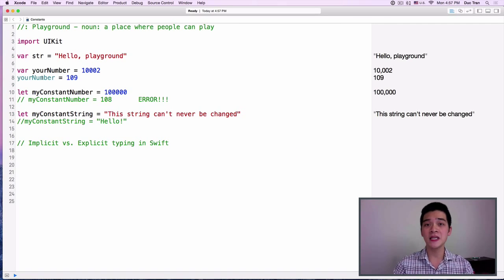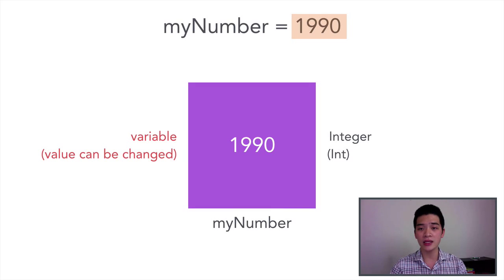Implicit typing is that we don't tell Swift the type at all. If we refer back to the slides, you see that when we do var myNumber equals 1990, Swift knows that this is an integer. There is no information that this is an Int inside the statement, except the value is